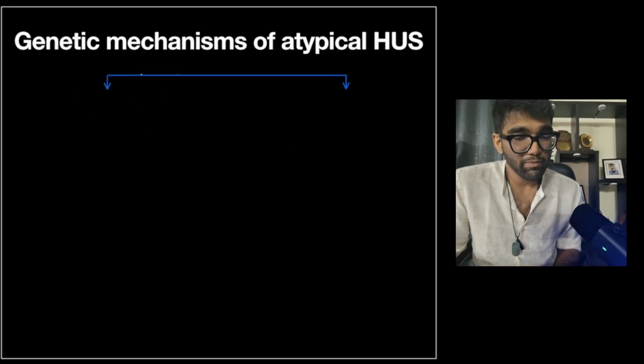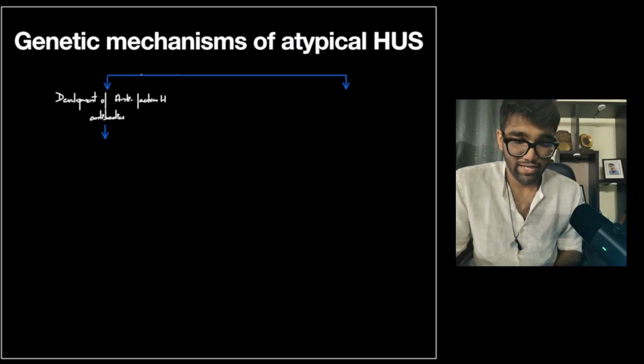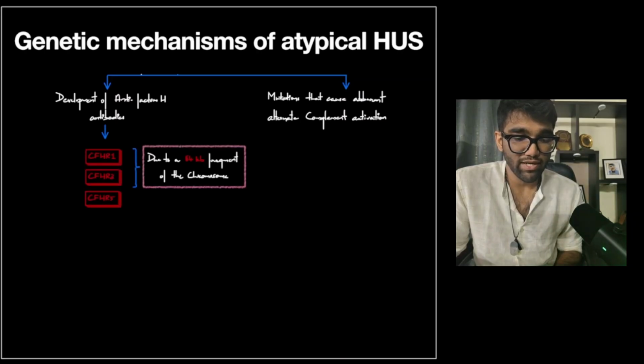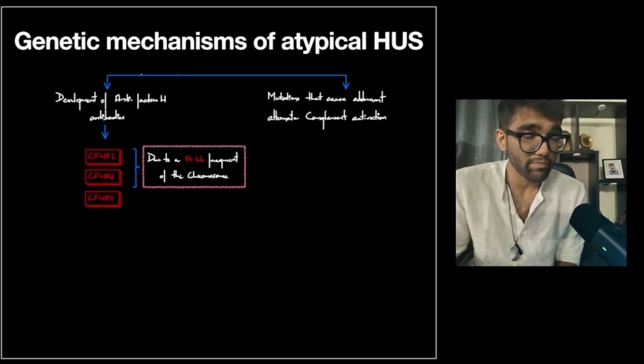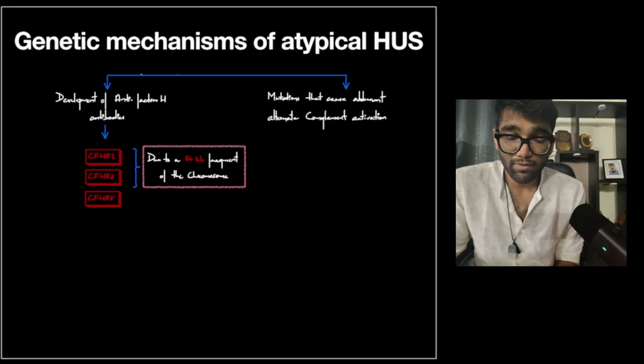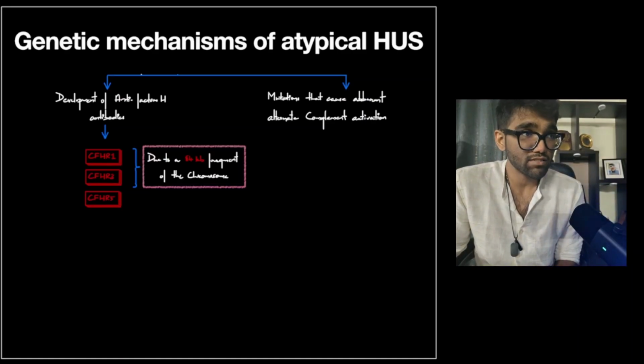Now, the genetic mechanisms of atypical HUS are quite varied. One is, as we've discussed, you can develop antibodies, and I've discussed why that is. Okay, so you can have complement factor H related peptides 1, 3, and 5 that are not being expressed, and as a result of that, central tolerance fails, and you have T cells that develop against complement factor H, and they help B cells that are anti-complement factor H reactive to produce antibodies that go and inhibit